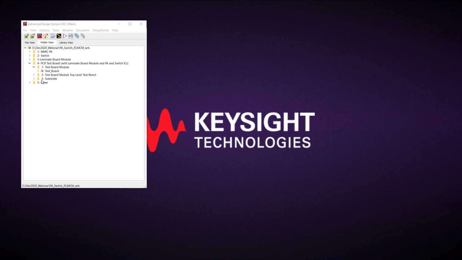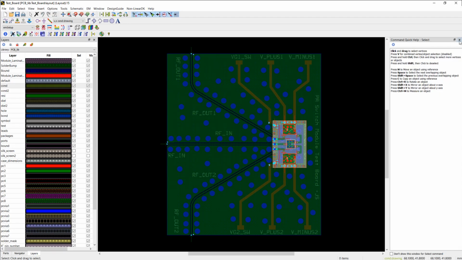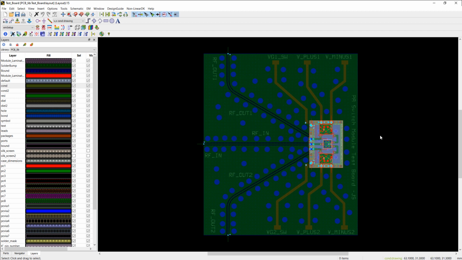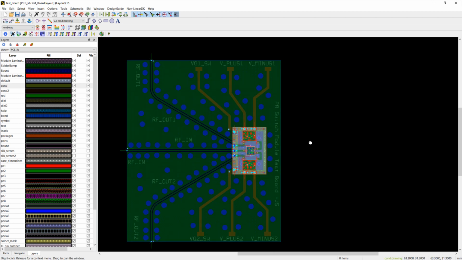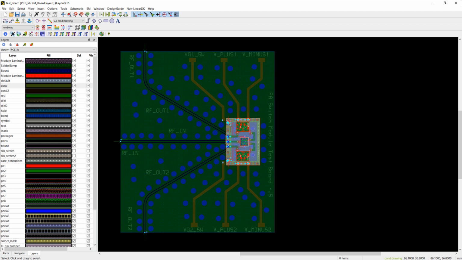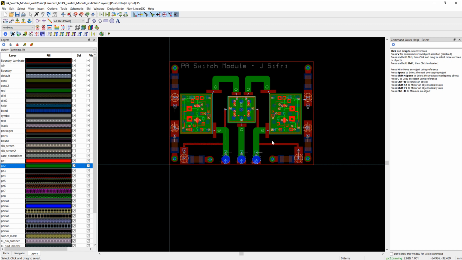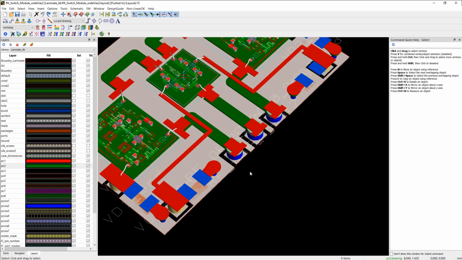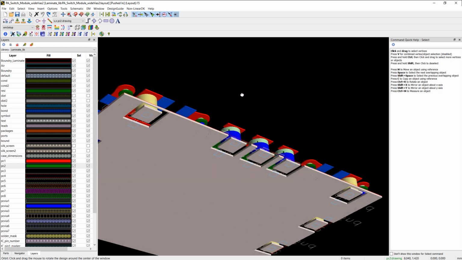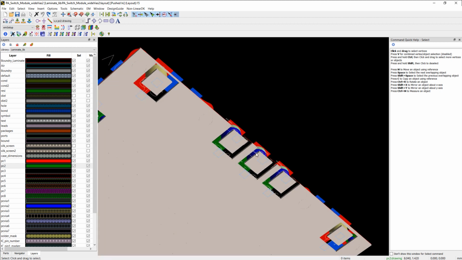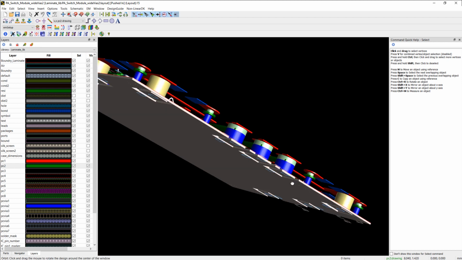Now let's open the test board layout in folder 4. As mentioned earlier, the laminate board sits on the test board with solder bumps connection. The laminate board signal lines go down through vias to the bottom side to connect to the test board with solder bumps. Let me show you. Let's push down on the laminate board and turn it around to show you the solder ball connection pads with clearance away from the ground plane. These pads will have solder balls connection to the test board.